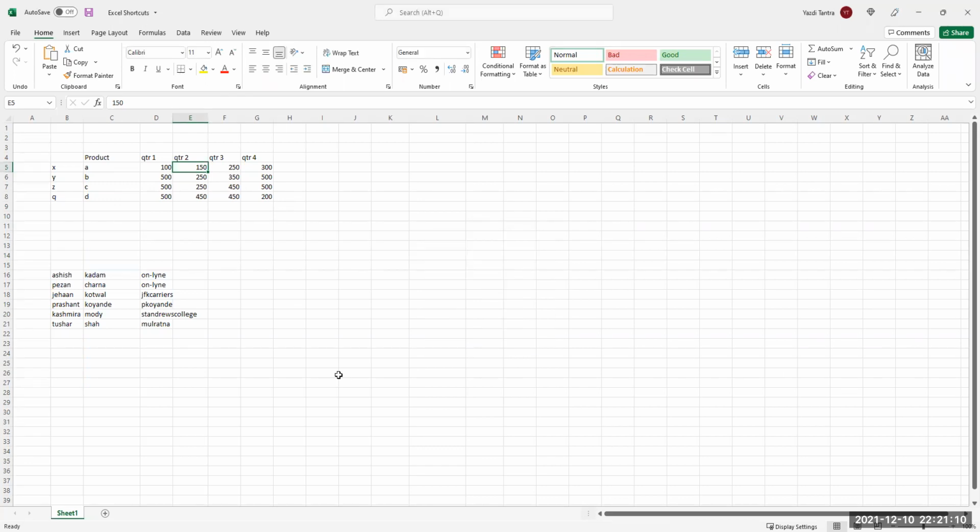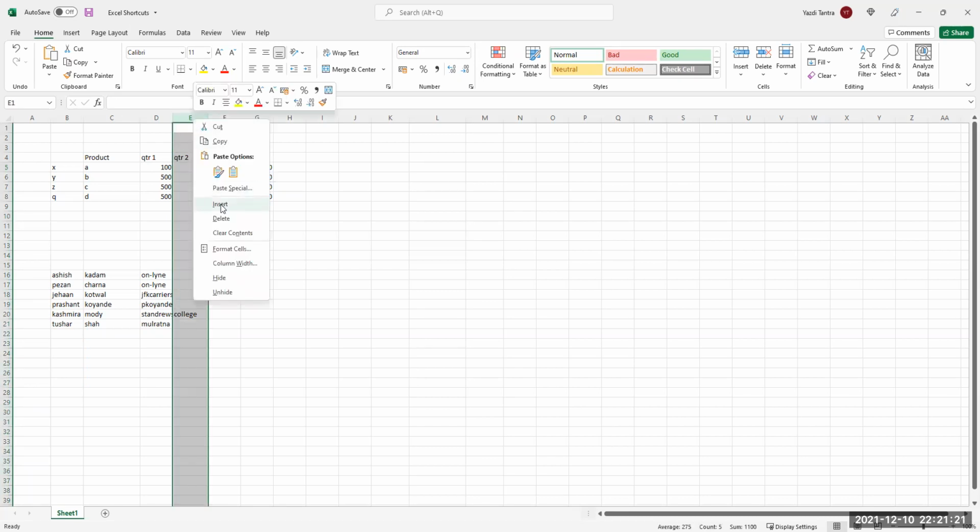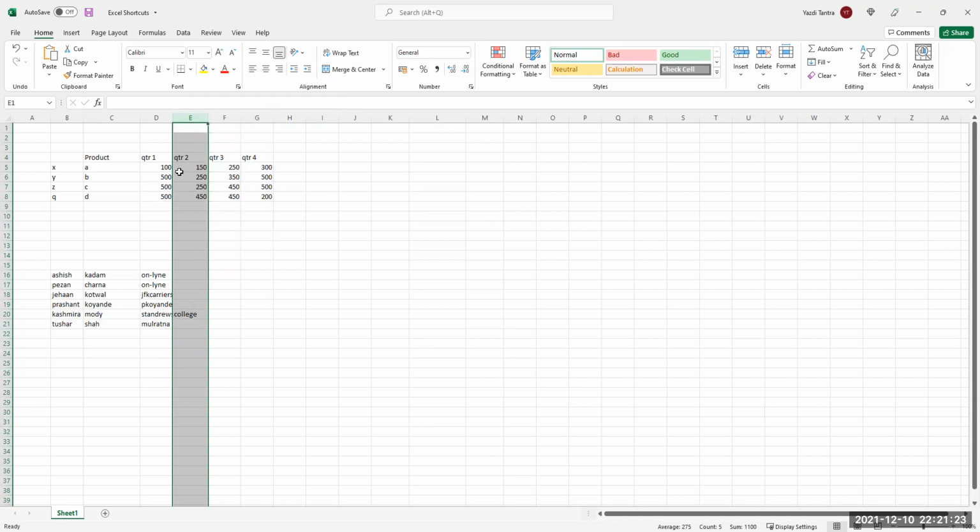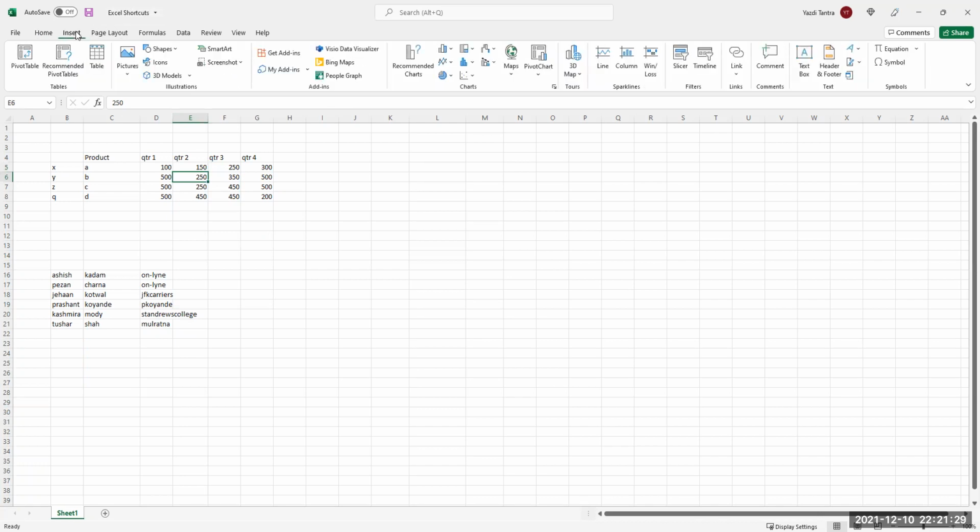Suppose I want to insert a column. How do I do it? Select this column, right click, insert. On the upper ribbon, there's insert, and you just drop that menu and you say insert column. In the home tab only.